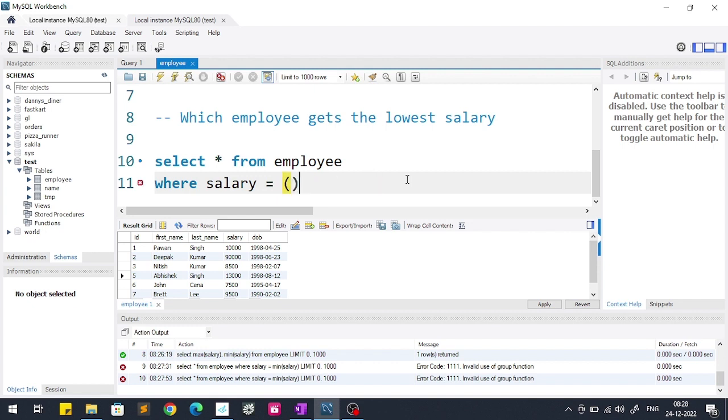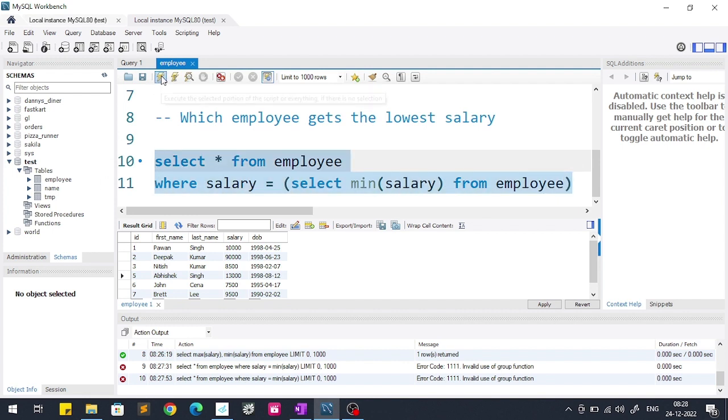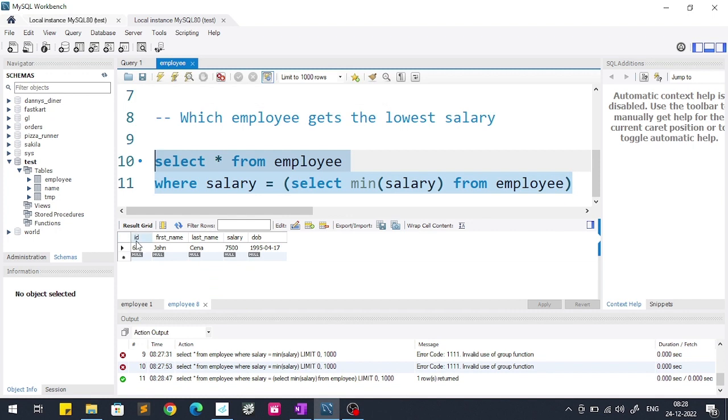So here we will pass select min salary from employee. So it will first get the minimum salary from the employee table, and then it will compare with the salary column of that employee table. Okay, so now you can see that the employee with ID 6 have the minimum salary, and his name is